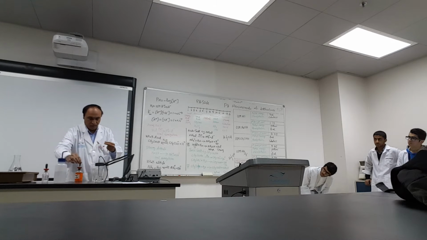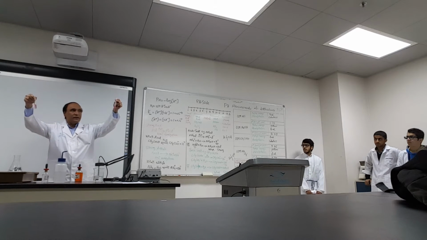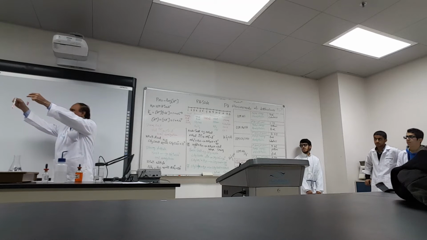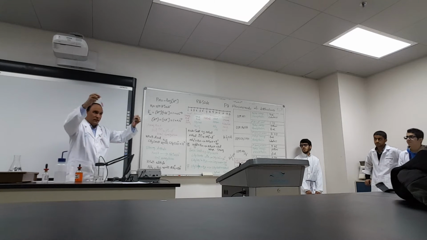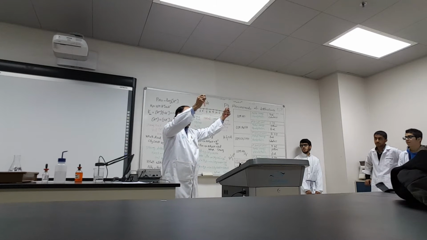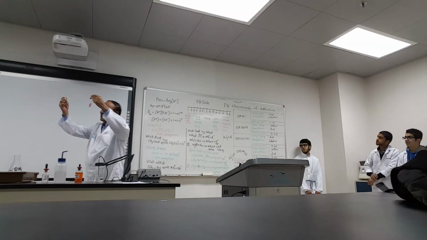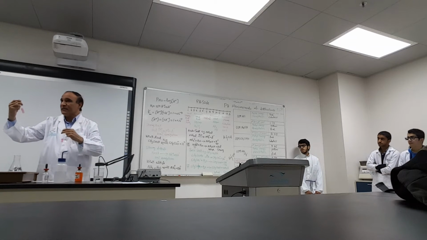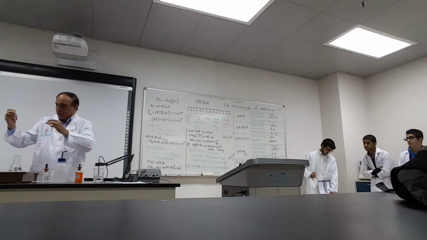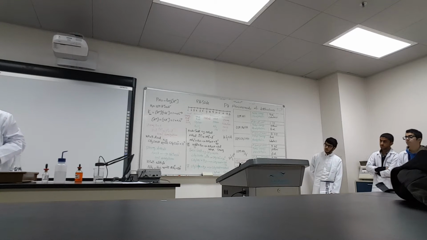See this one. The color changed to pink and the color changed to pink. Look, there is not much difference. Almost the same. This is a strong, this is a weak, but almost the same. You see this one? Because the indicator is telling me this is an acid, but it is not telling me which is strong, which is weak. If I take, like, the base,